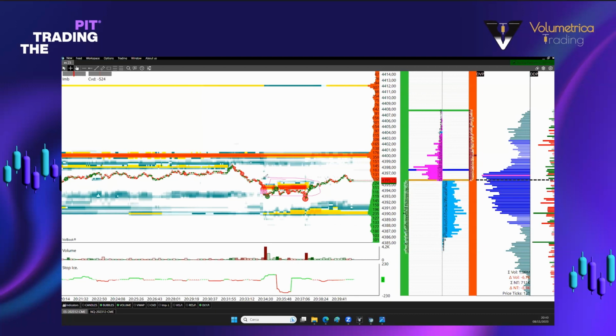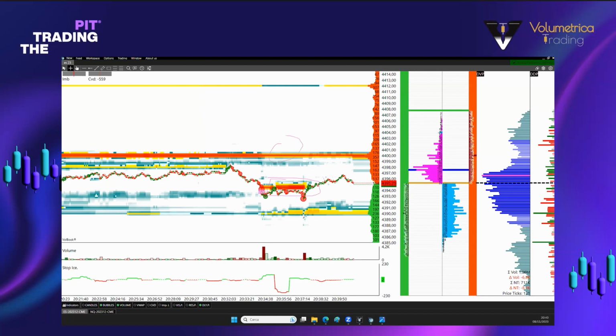This is something very important to talk about, because we always need to remember that all of these passive orders, all of this liquidity, give us a nice idea of what is going on in terms of passive orders,